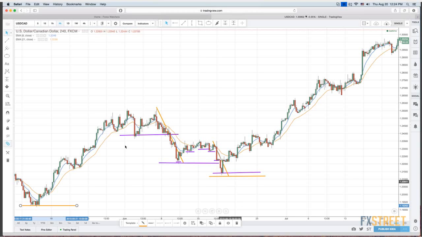Okay, here's the thing though. If you're a 4-hour trader and you're trading this whole movement, what kind of pips are we looking at? Approximately 300 pips for USD CAD. Here's another 4-hour movement here. 239 pips. Now, there's a difference between this and trading it on a daily basis,